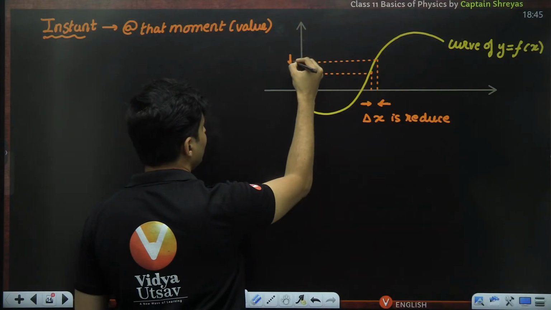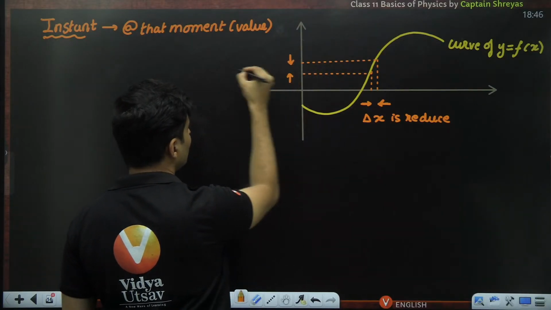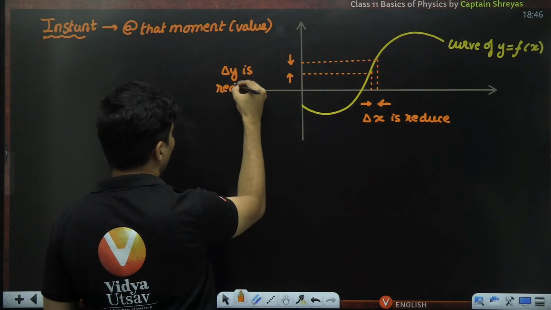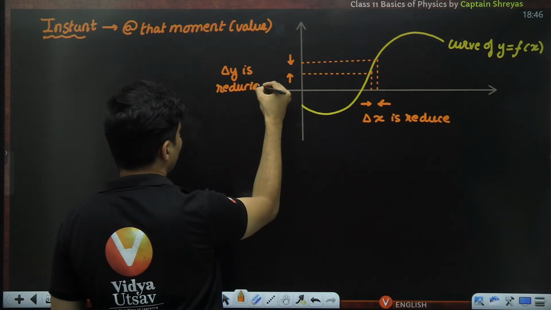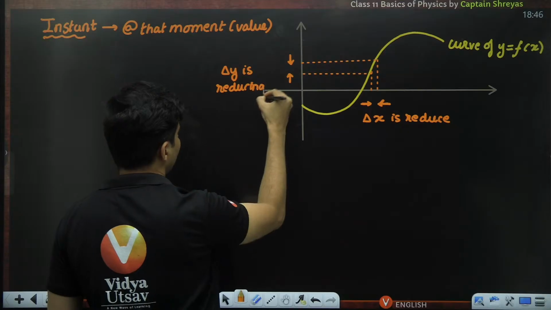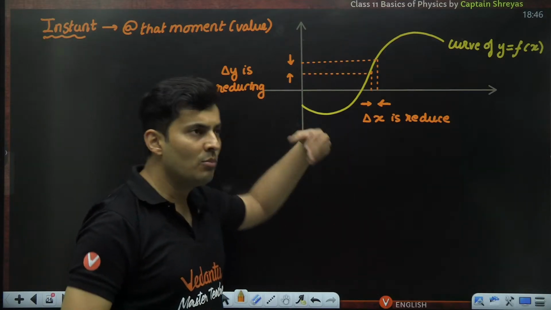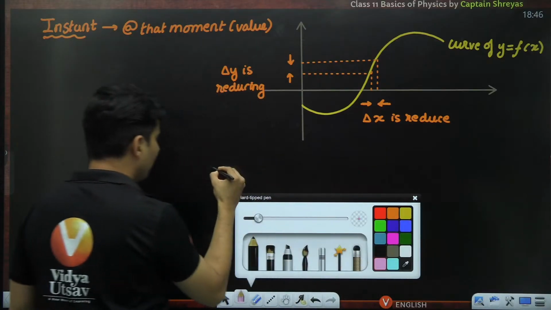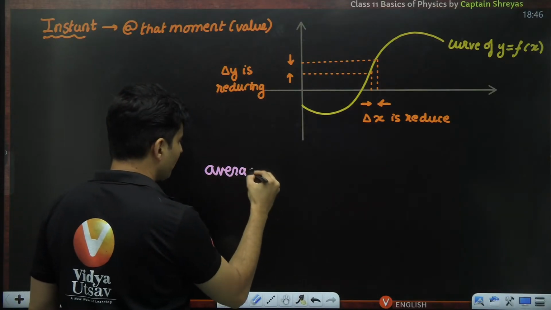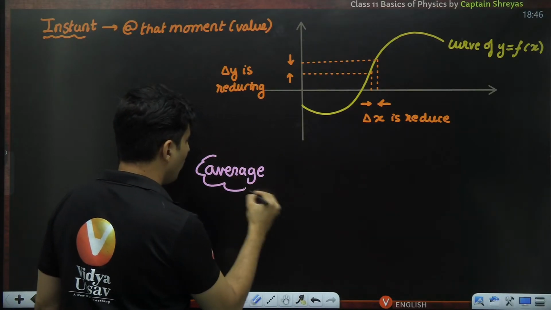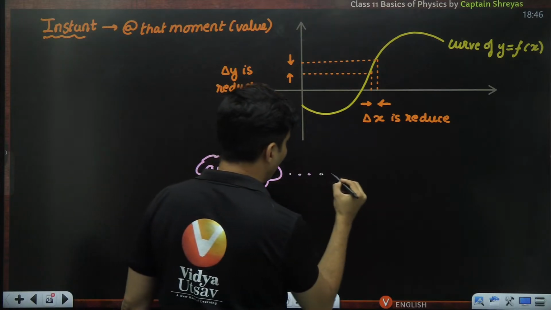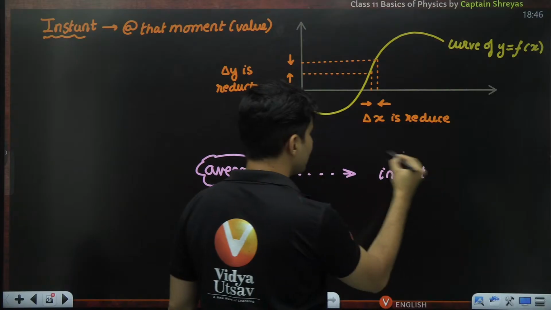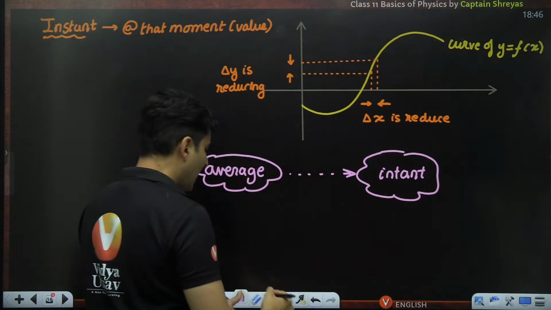So I will say that these two values are coming closer. So delta y is reducing as a consequence. I am moving in this process from an average value to a more instantaneous value. This happens